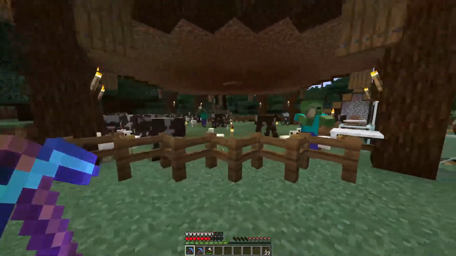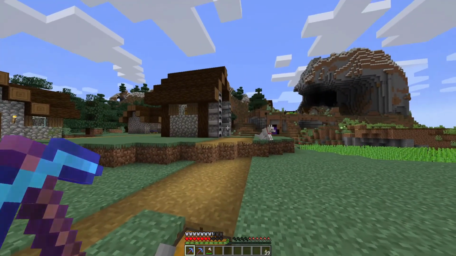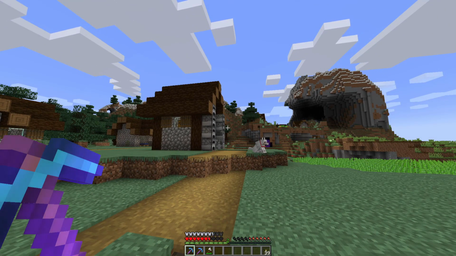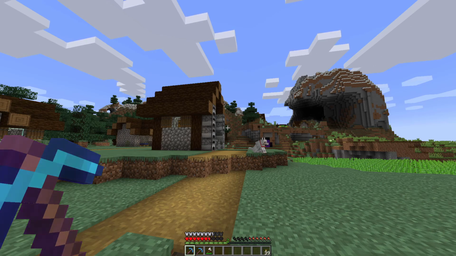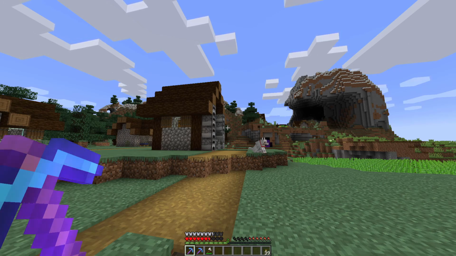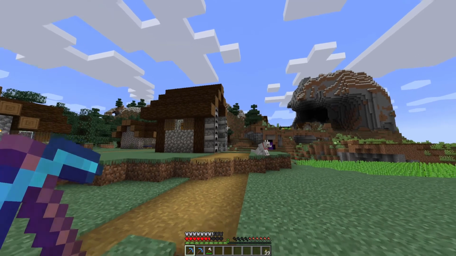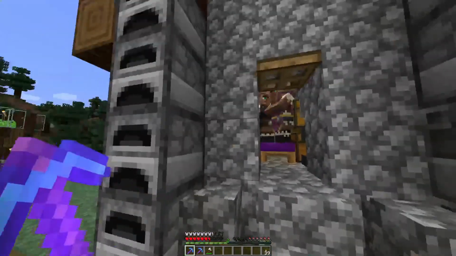That 7 total floors will give us 1 floor for the librarian, 1 floor for the cartographer, 1 floor for the cleric, 1 floor for the Fletcher, and then 1 floor for armorer, toolsmith, and weaponsmith, 1 floor for the farmer, butcher and fisherman, 1 floor for the shepherd, leatherworker, and mason, and that should be a total of 7 floors to allow us to have all of the different types of